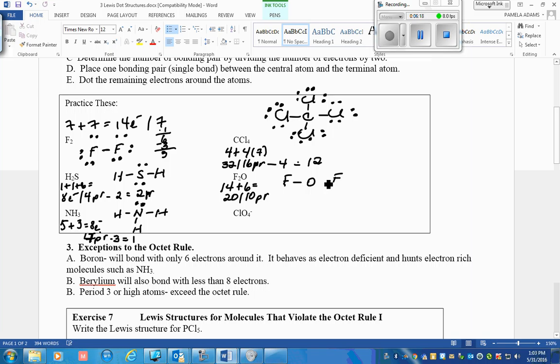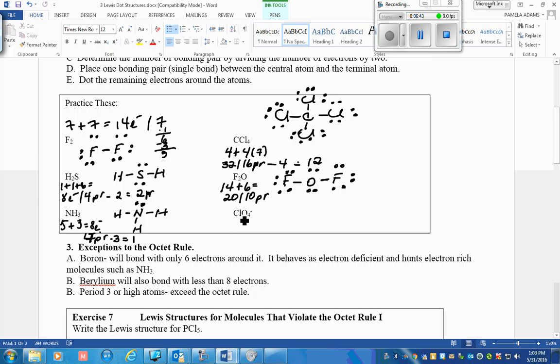I will use 2 of my pairs to connect the oxygen to the ligands, and then I will dot the ligands. So I've used 2, 4, 6, 8, 10, 12, 14, 16, 18, 20 electrons for a total of 10